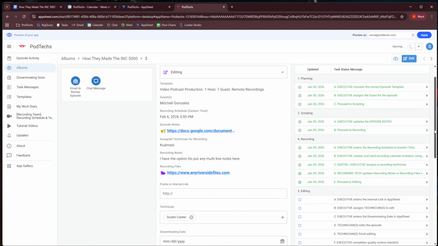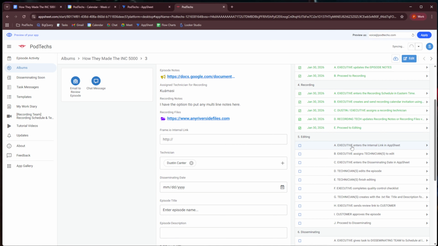It says here for the executive to enter the internal link in AppSheet, which is the frame.io link. Let's say the new frame.io folder link, and I will click this. That's done. Executive assigns technicians to edit.